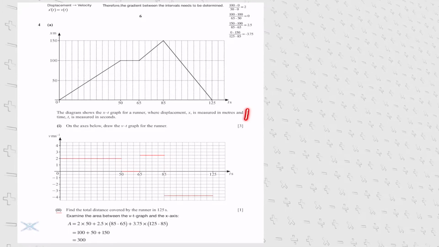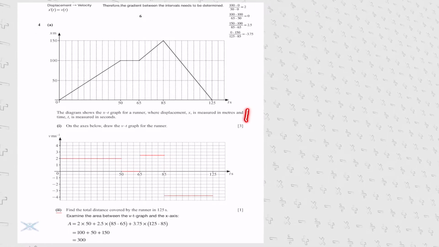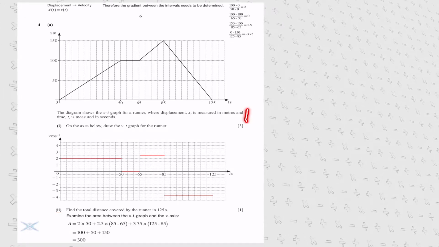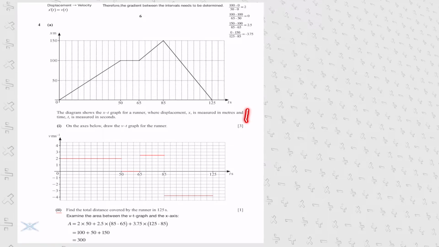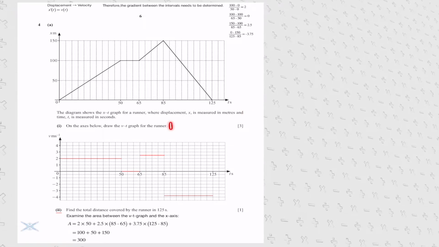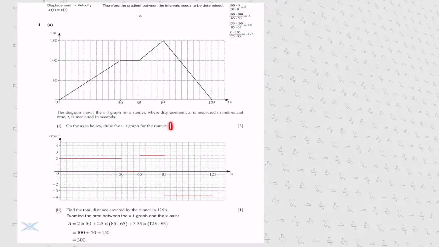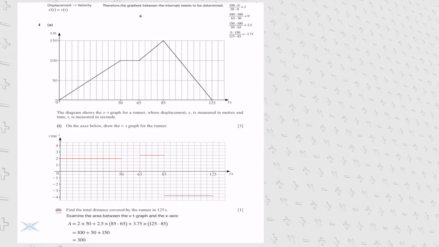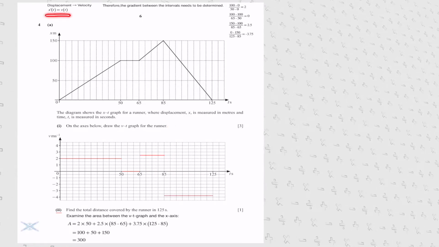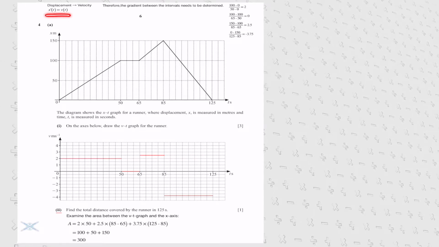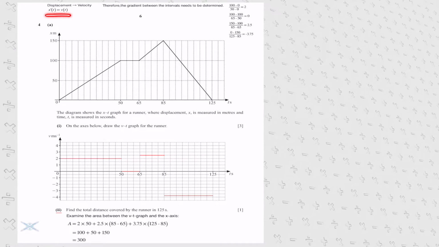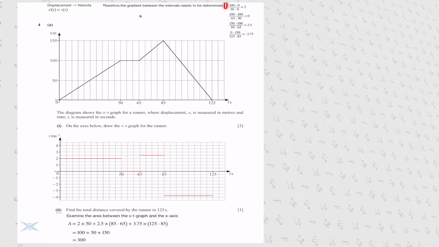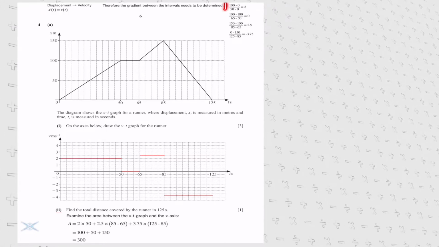In part A we are provided with a diagram that shows the xt graph for a runner, where displacement x is measured in meters and time t in seconds. In part 1 of the exercise it states that on the axis below we are supposed to draw the vt graph for the runner. We should know from physics that displacement and velocity are related, such that the first derivative of our displacement will provide us with the velocity,